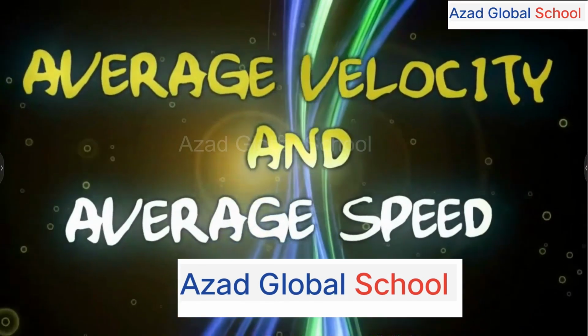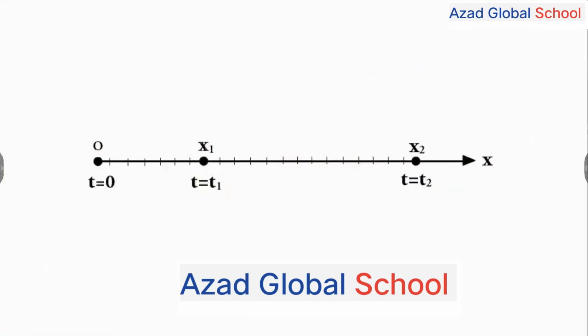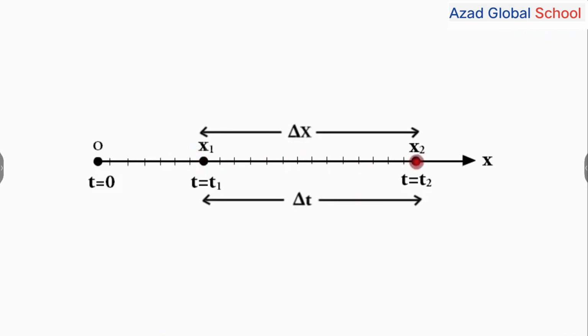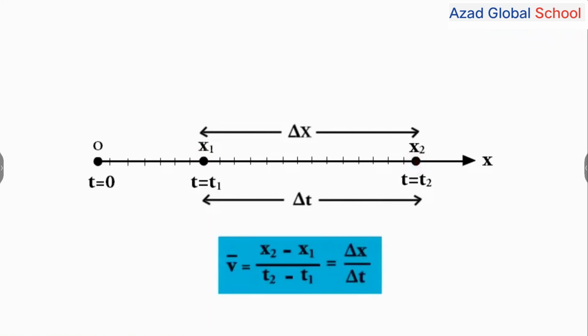Average velocity and average speed. Average velocity is defined as the change in position or displacement, delta x, divided by the time interval delta t in which the displacement occurs. V bar is equal to x2 minus x1 upon t2 minus t1, which is equal to delta x upon delta t,